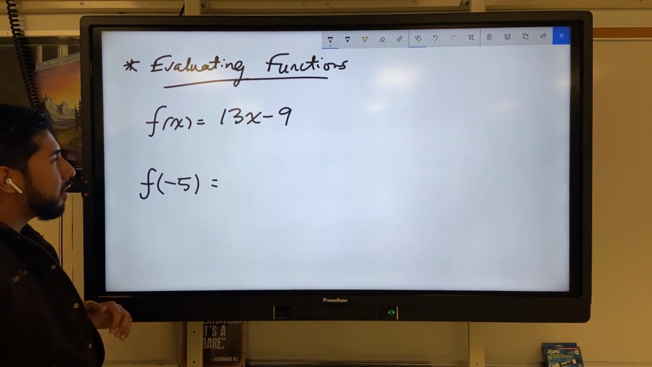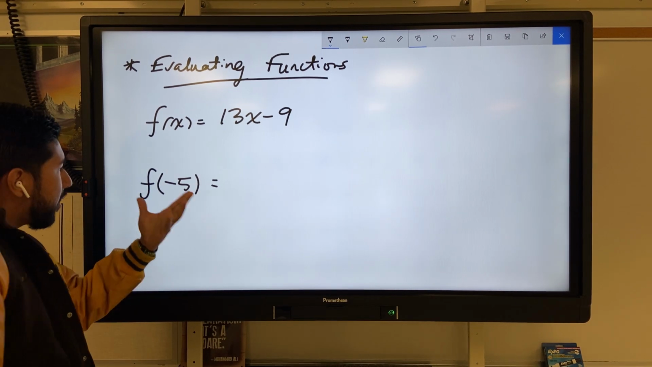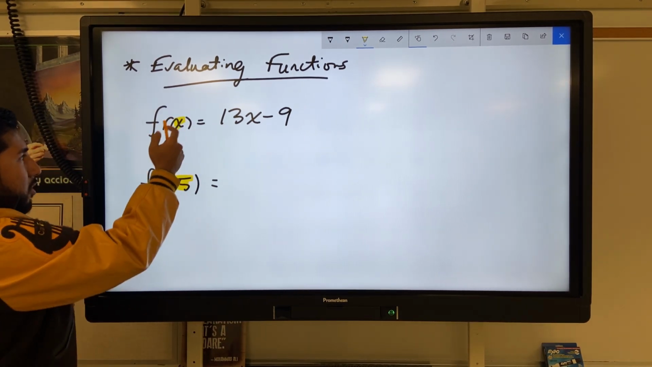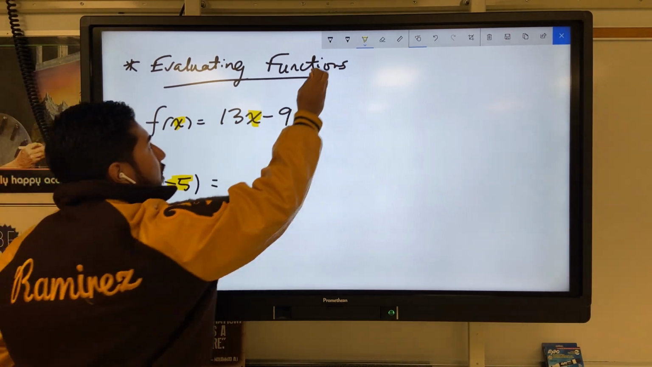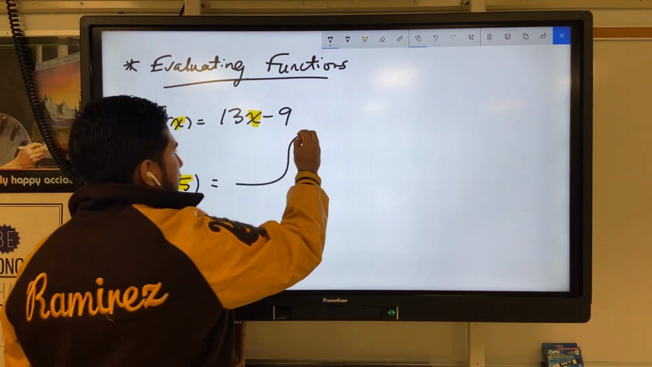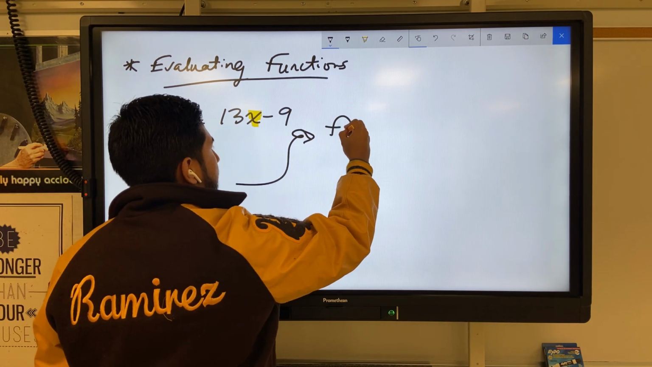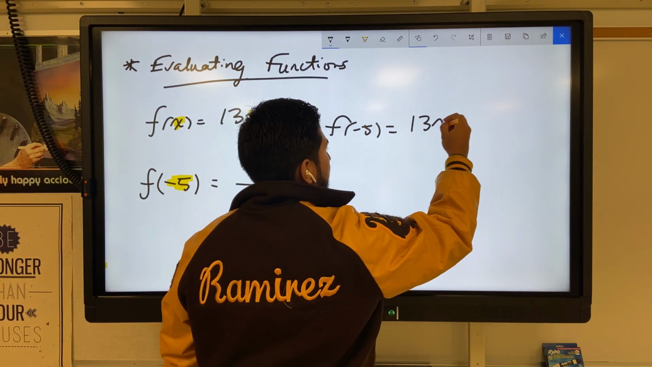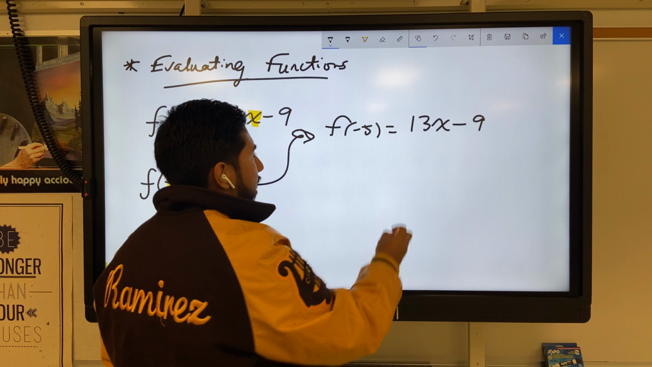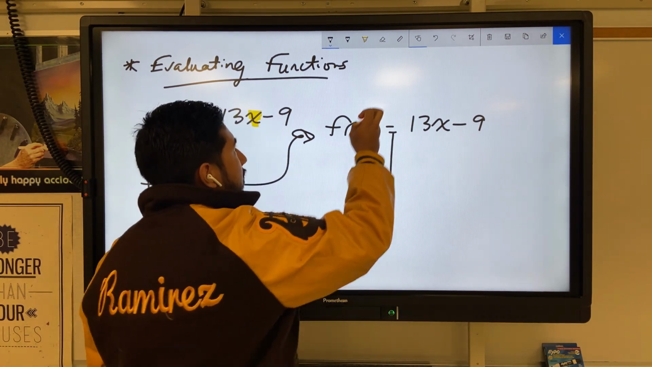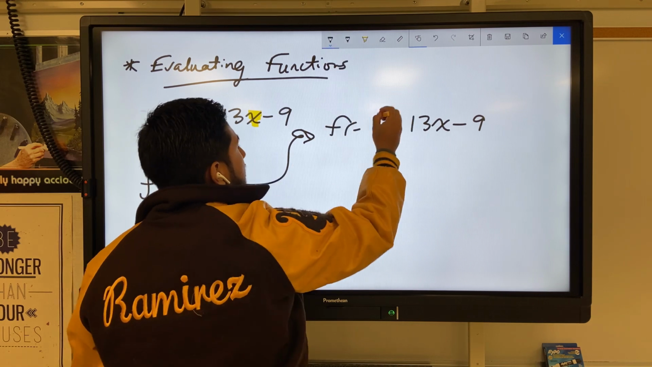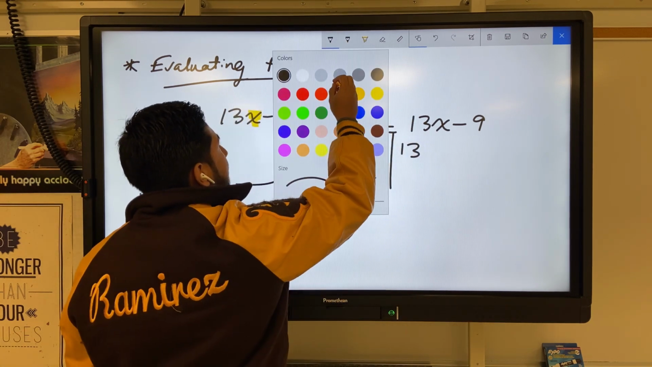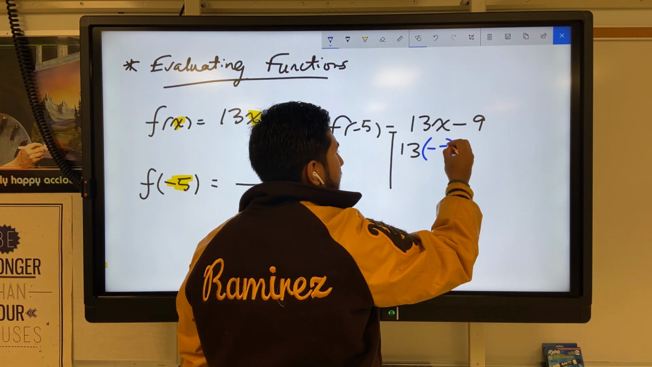A lot of us did this very great. I know we kind of got the gist of it. So anywhere I see an x, I'm going to put this number, because obviously this number is inside of x. So let's rewrite this. We got f of -5 equals 13x minus 9. Anywhere I see an x, I want to put that -5. So we got 13 times the new x, which is -5